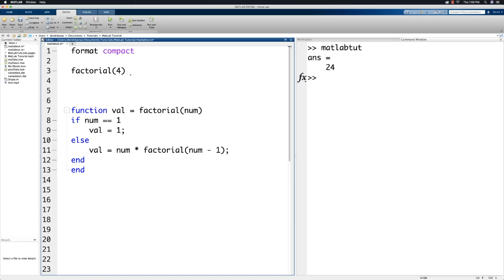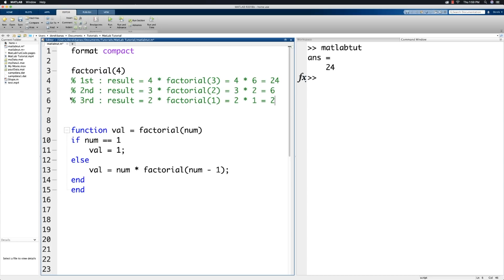Now, if you're confused about how that works, this is basically how it works. All right, so we're coming in here, we pass in a value of 4, then we go and get 4 times factorial of 3. And that eventually is going to be equal to 6. But to calculate that, we come down here to this guy right here. That's where the 3 goes. This guy right here is the factorial 3. And again, we decrement the value of num to 2, and we get this point right here,